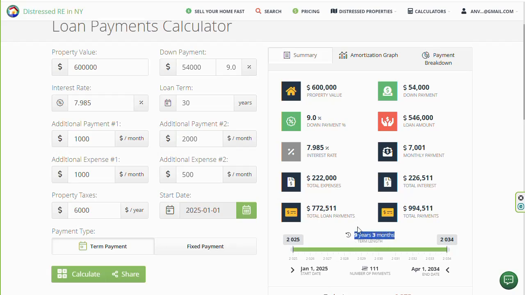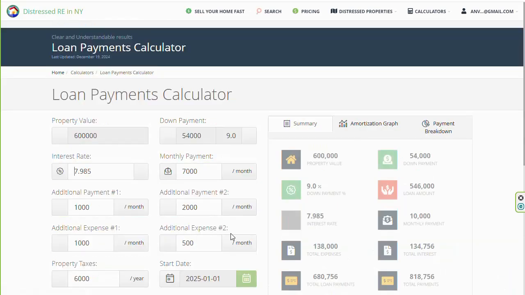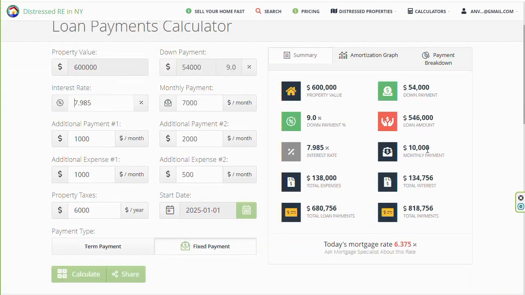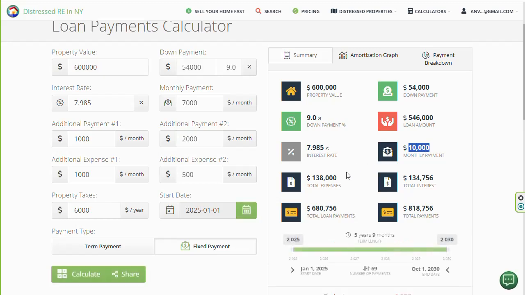You decide to accelerate the process by opting for a fixed monthly payment of $7,000 instead of the standard $4,001. Here's how to adjust the settings. Select Fixed Payment as your payment type and input $7,000 into the monthly payment cell. With all other conditions remaining unchanged, upon recalculating, you'll find your total monthly payment now rounds up to $10,000, reducing the total number of payments to